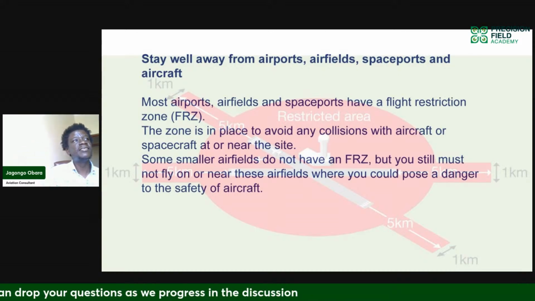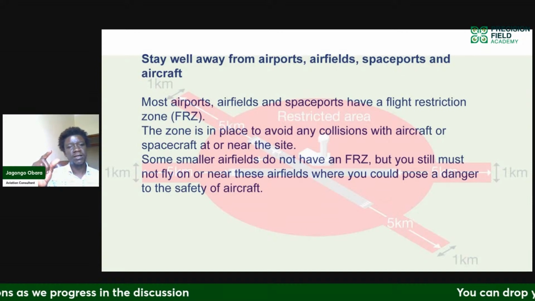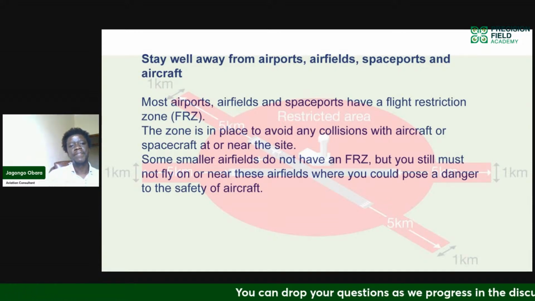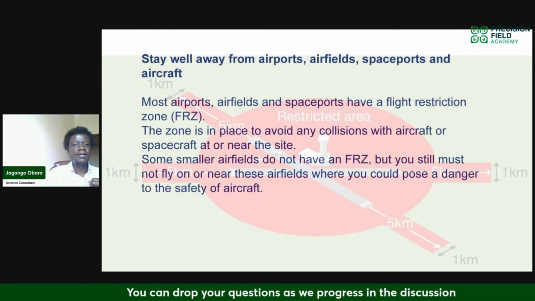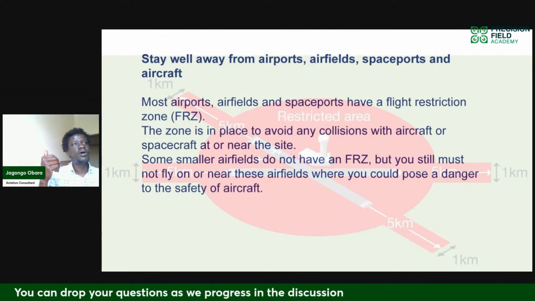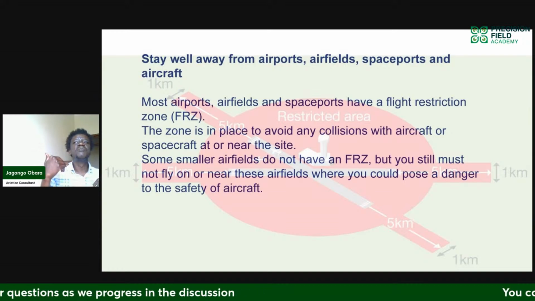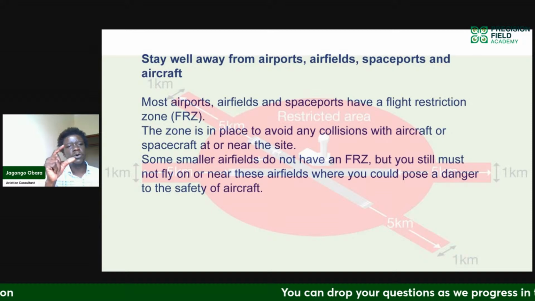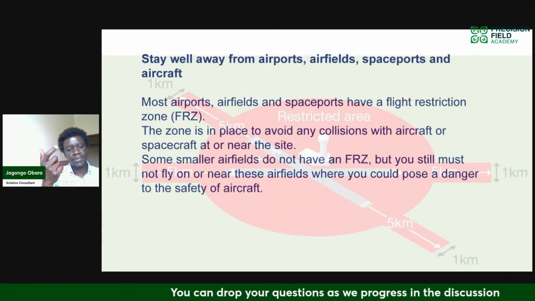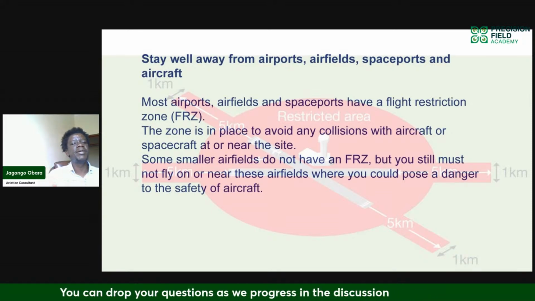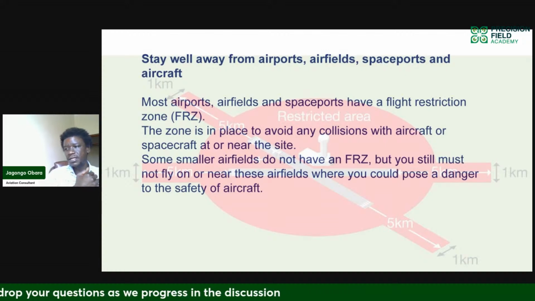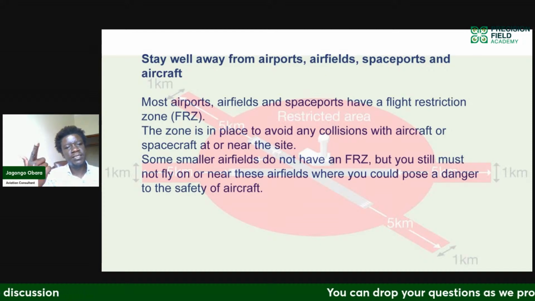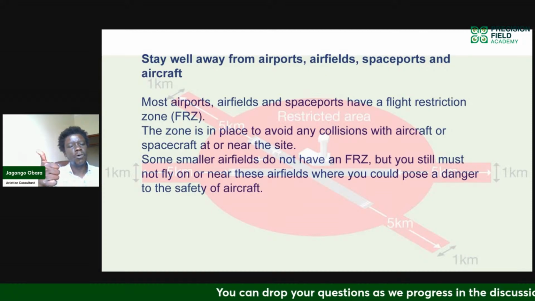It is very easy for us to maneuver our small aircraft away from an airport, but it is not easy for a passenger aircraft, for instance, carrying 200 passengers to see us. In most cases, passenger aircraft will not notice our small drones. So it is incumbent on us as remote pilots to look out for these infrastructures, and if we can stay away from them, that is what is preferred.